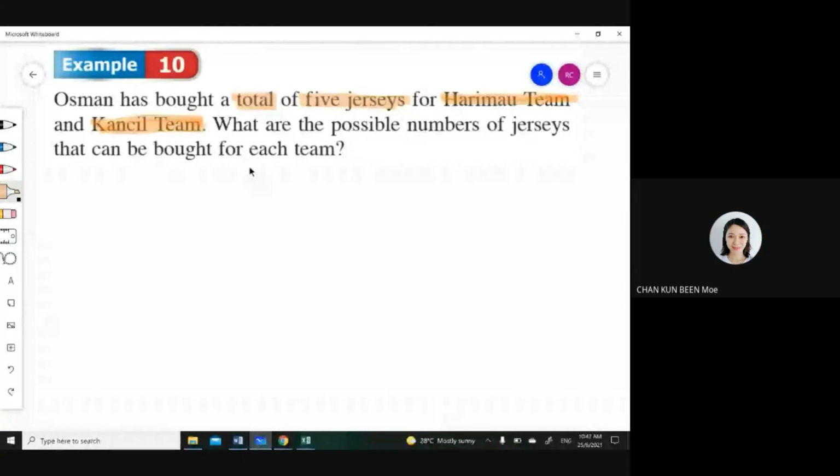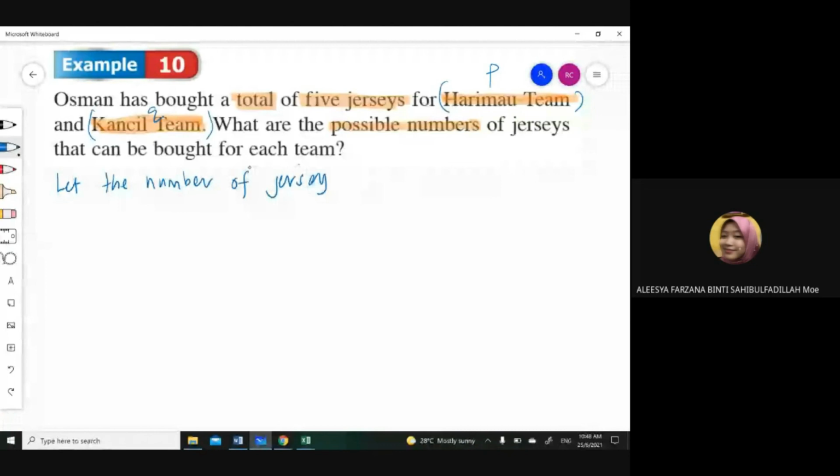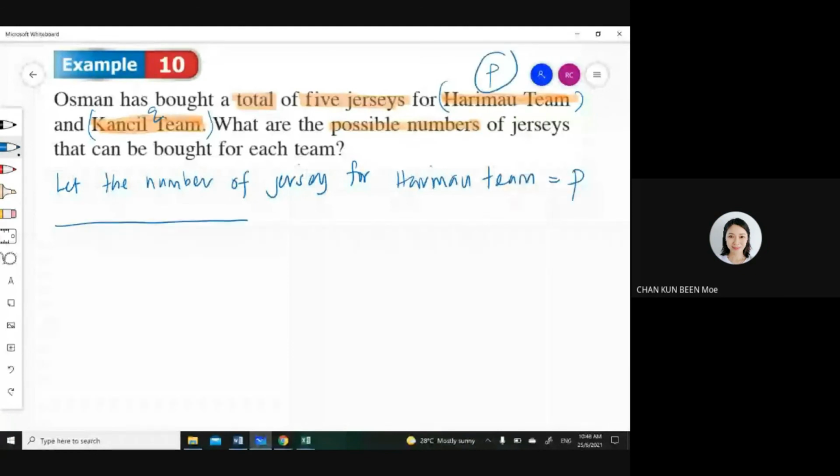So you need to find the possible number. So how many types of jersey do we have? 2. Two types of jersey, right? Okay, we make assumption first, because if you write very long Harimau team and Kancil team, the word will be very long later on. So we make assumption. Assume Harimau team is P. Assume Kancil team is Q. Okay, so you write down, let the number of jersey for Harimau team equal to P. And then the same thing, let the number of jersey for Kancil team